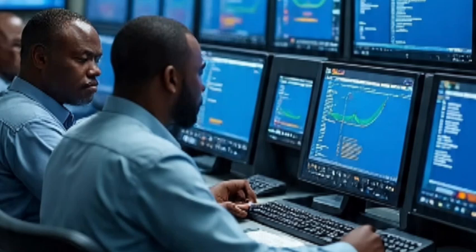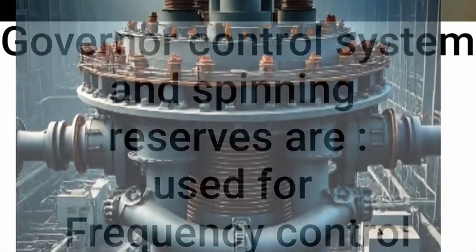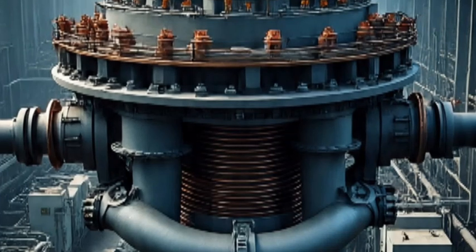So we could have spinning reserves, that is unloaded generators that are already running in synchronism with the system grid that has been interconnected and synchronized. When there is loss of generation, a call will be made, and that is manual. The call will be made to those stations that already have spinning reserves. Those ones will now come in with their support and switch on the generators to bring in more load that will support the one that has been lost.